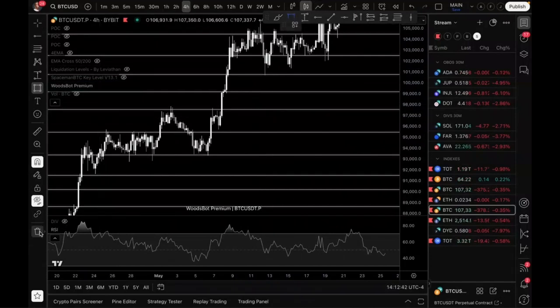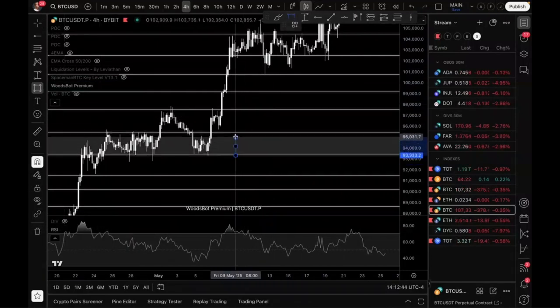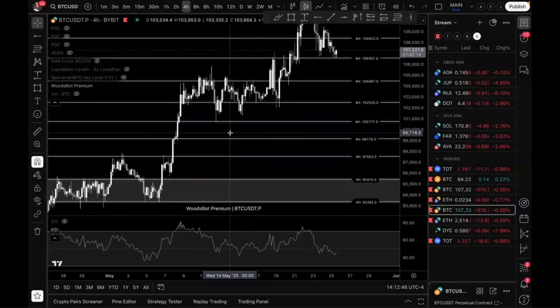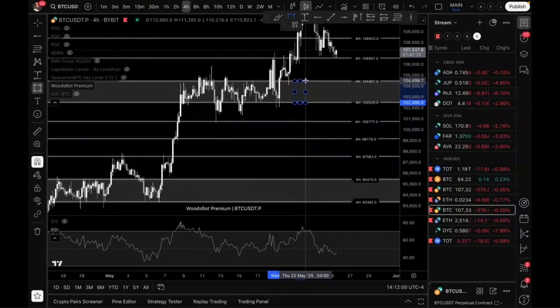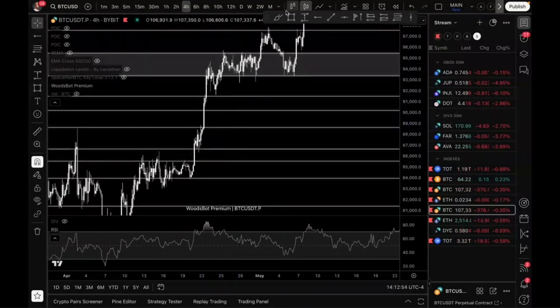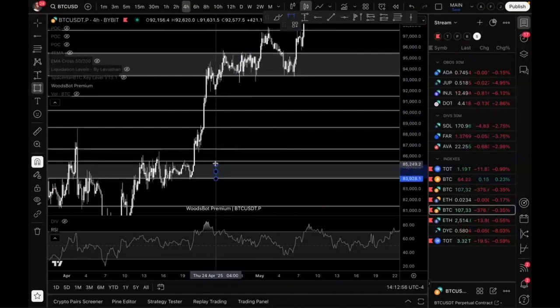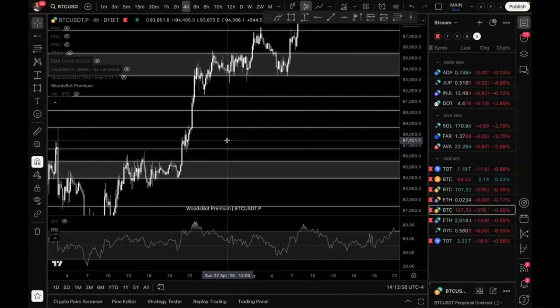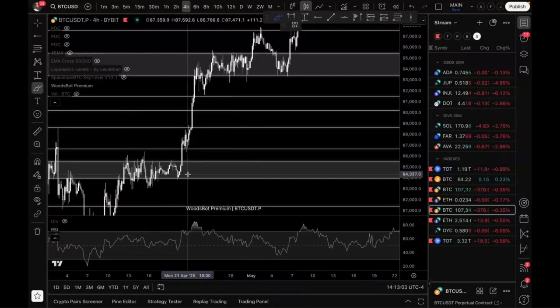This indicator is insane for, it's going to help you guys with ranges so much. I know people struggle with ranges a lot, with identifying ranges. And 4-hour levels, I find, are absolutely perfect for ranges. So you can see here,